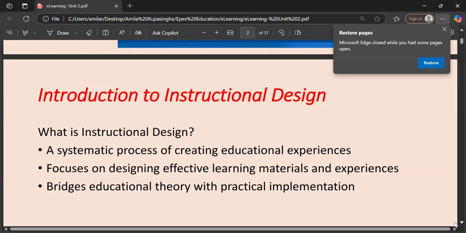Learning experiences are the things that we give to our students. Whatever we do through our instructions, through our teaching process, they do to give them some kind of learning experience. Through that learning experience, they learn something, right? Everything is an experience. When you are listening to me, you are having an experience.